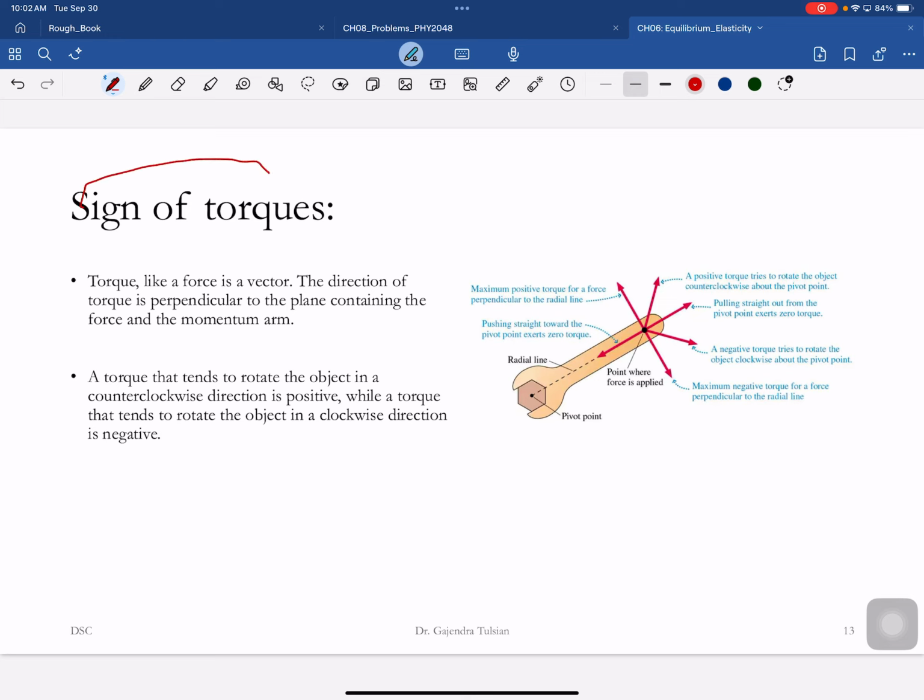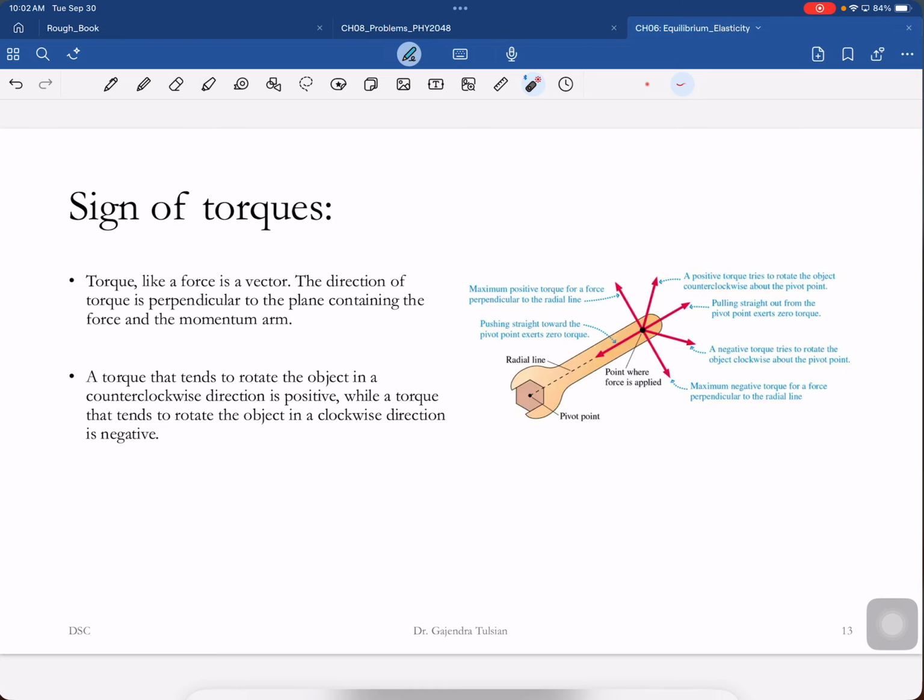Torque is a vector, and vectors have magnitude and direction. So the convention is the following. In this case, what does this force do? We'll look at one force at a time. This force will rotate the nut counterclockwise. It'll rotate the wrench counterclockwise. What will this one do? It'll rotate the wrench clockwise. If a torque rotates it counterclockwise, that is taken to be positive.